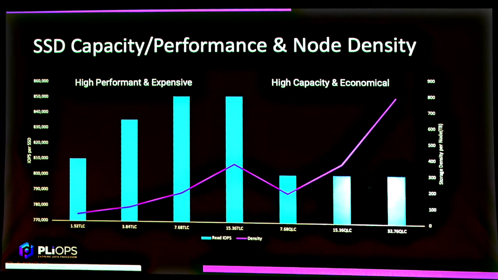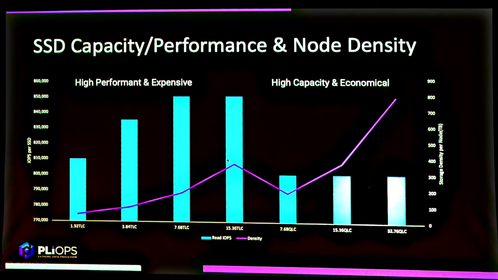So what you see in the graph is the capacity from 1.9 terabyte all the way up to 15.36 terabyte. This is the high performance SSDs. On the other axis, you see the storage density you can store per server. As you move from 1.9 terabyte to 15.36 terabyte, you can store up to 384 terabyte of capacity with a